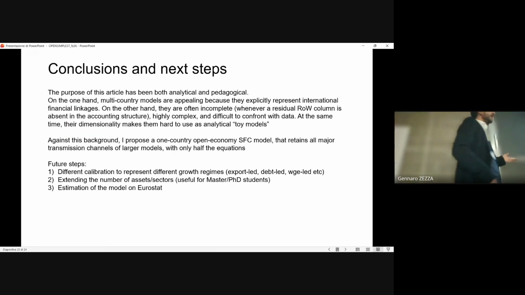And finally, something which I feel is needed is to write another paper on how to calibrate the model using national accounts data. Because this is something that we all do, but it's not written down in any paper. So this is also a very tall entry barrier for younger students that want to do empirical SFC work but don't have a how-to guide. So that was all. Thank you very much.